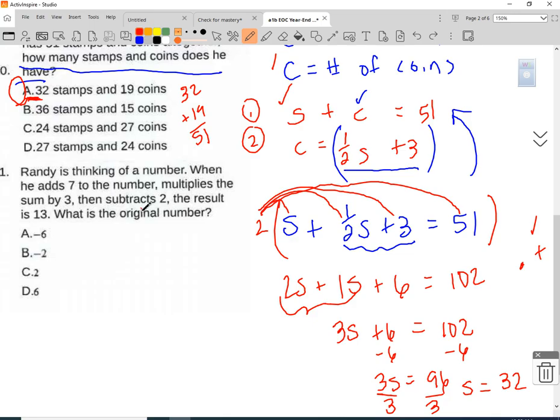Okay? Randy's thinking of a number. When he adds 7 to the number, multiplies the sum by 3, and subtracts 2, the result is 13. What is the original number? So we're going to use X for the original number. And then we can just follow along. He adds 7 to the number. So X is the number,